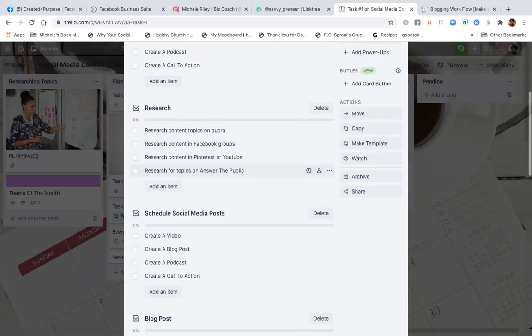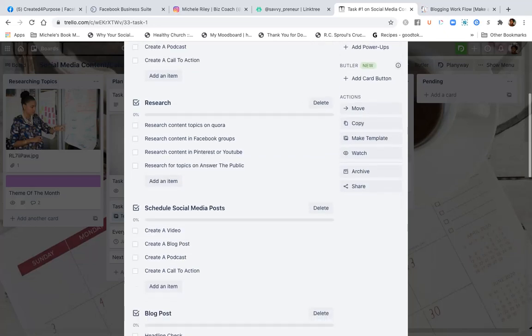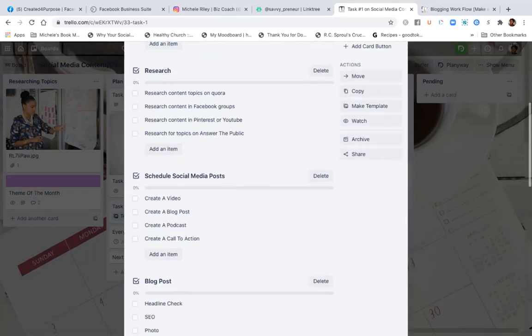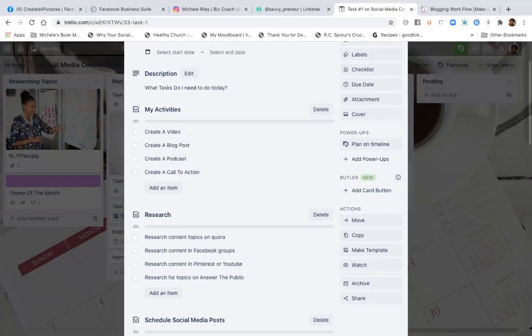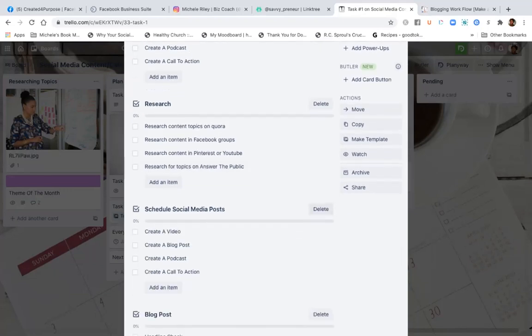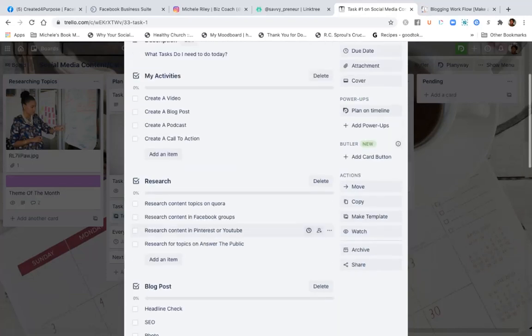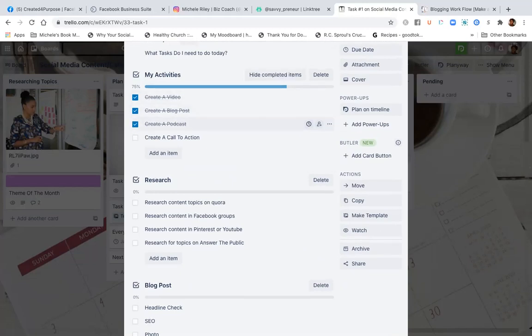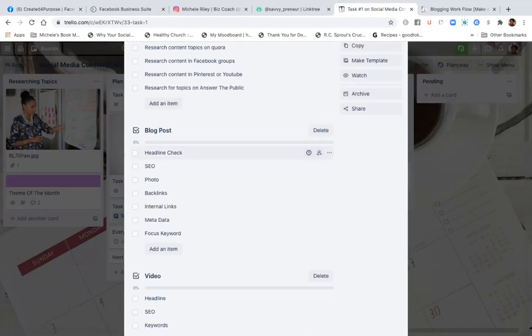Now, let me go and see, because I think I duplicated something in here, which I think I did, and I pulled it up. So let me just delete this. Okay, now blog post. So like I said, now here is my blog post. So if I know I'm creating a video, I'll just say, okay, let me just do that, because I know I'm gonna kill those three birds with one stone. So what I'll do is come here.